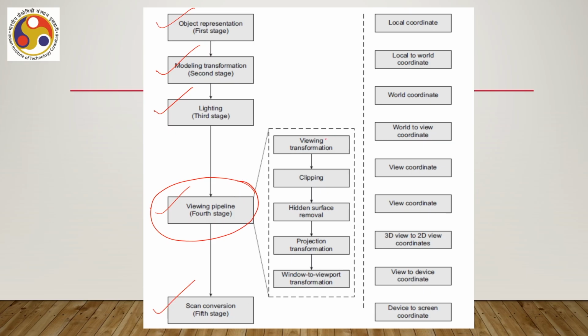Viewing pipeline comprises several sub stages such as viewing transformation. So, we will go through each of these stages in brief to get the idea. Then there is a process called clipping, another process called hidden surface removal, then one more transformation, projection transformation, and finally window to viewport transformation. So, together all these stages,